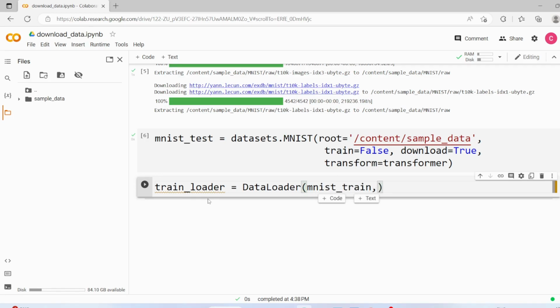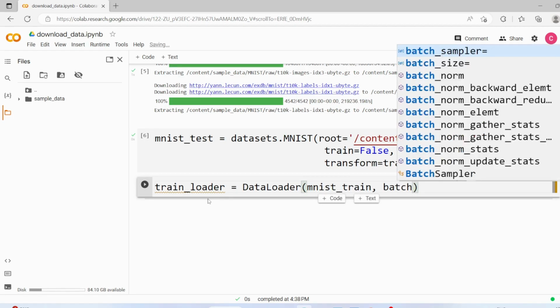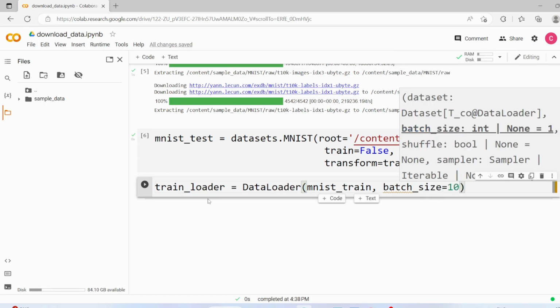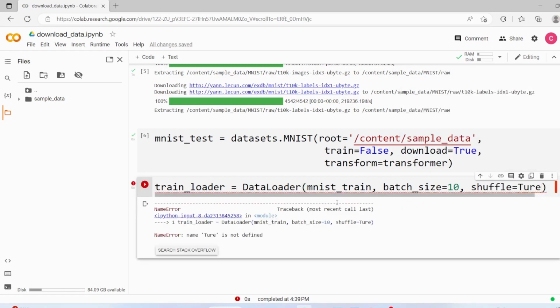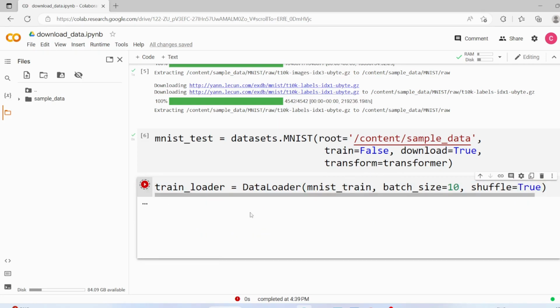So batch size, how many records will I keep? 10 records will be okay. Yeah, 10 records in one batch. And along with that we need to shuffle this data, so shuffle equal to true. Let's execute this code. Okay, there is some error. Oh, the spelling of true is incorrect. Let me correct it. Now let me re-execute. Yeah, it succeeded.